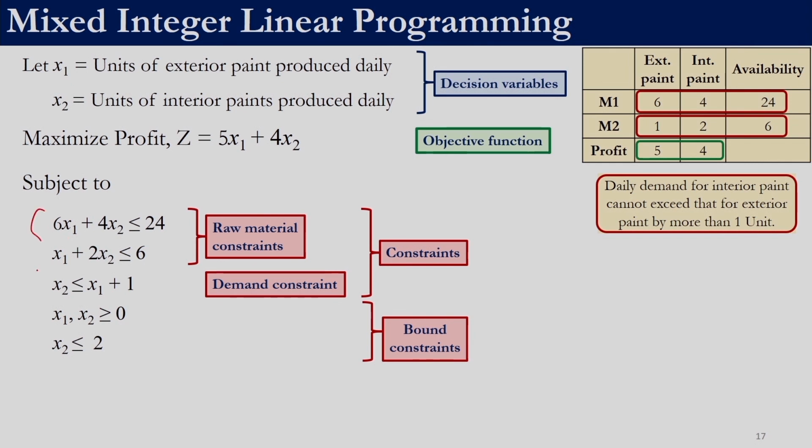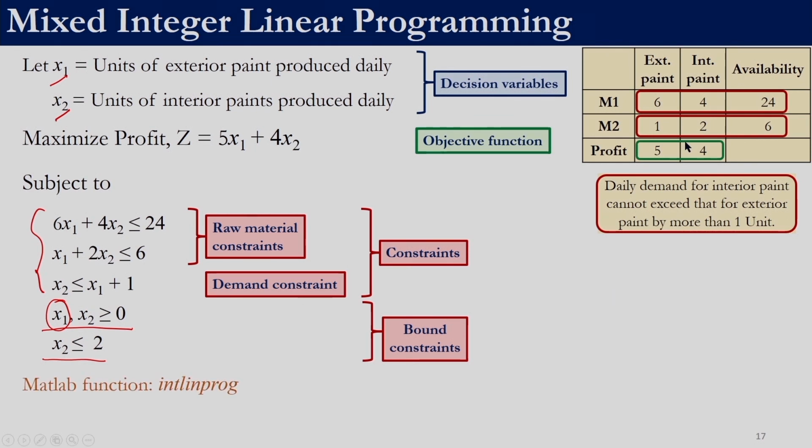We have 3 constraints and 2 decision variables. In this case, both the decision variables are integer. We want to determine the number of units, so 5.3 units is not a valid answer; x1 and x2 have to be integers. The lower bound is 0 for both the variables, whereas the upper bound for x2 is 2. There is no direct upper bound for x1. The bound for x1 will be determined by these constraints.